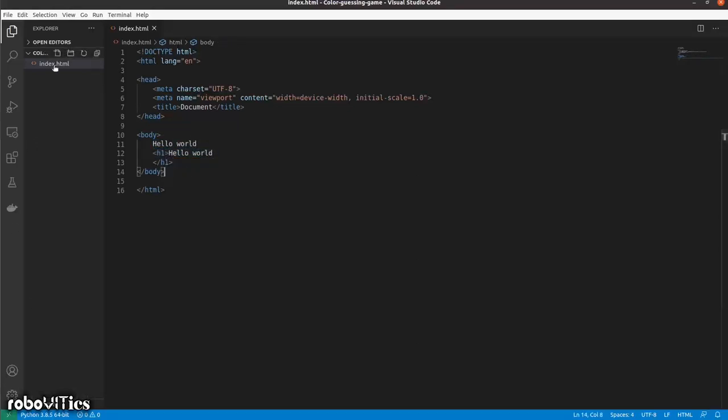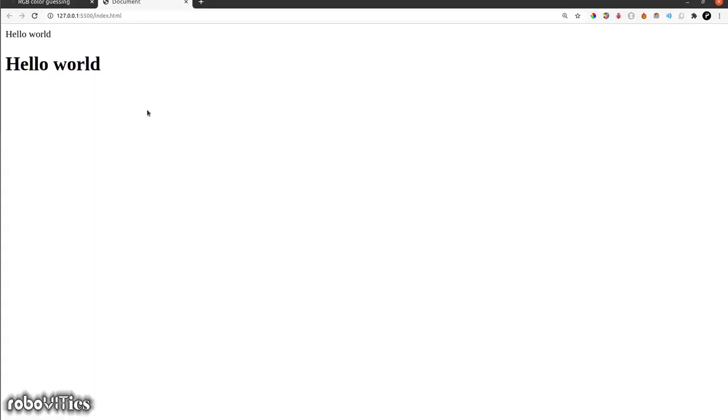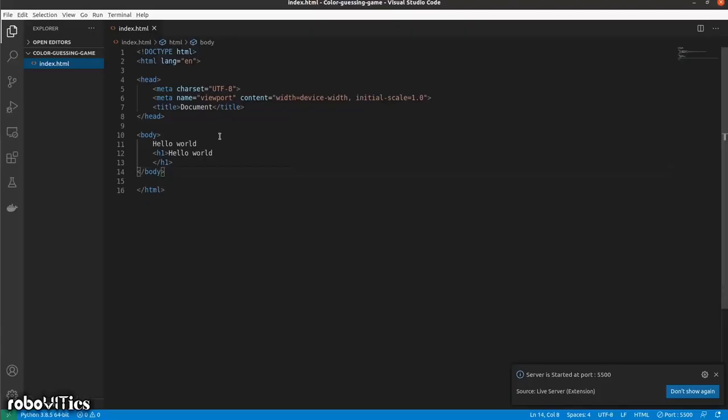So let's quickly spin up our live server and it opens up. Now you can see that the top hello world without the tags has exactly no properties to it, while the one with the h1 tags has a property which is basically making it a heading, so bolding and increasing its size. So there are predefined tags that HTML provides us, and we use them so that we can structure our data on our web page.